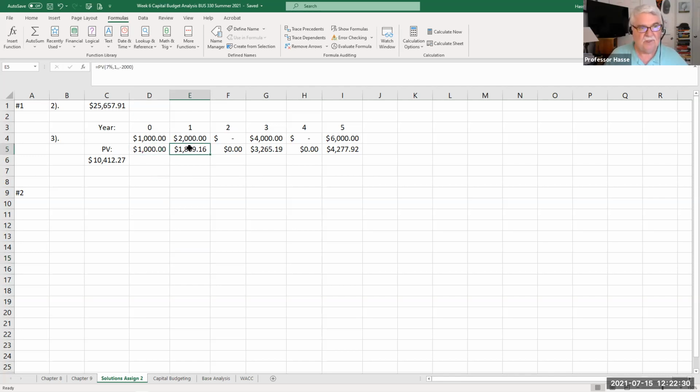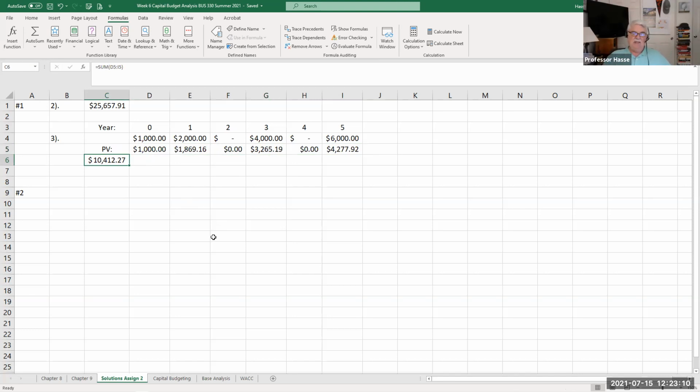If we take the formula present value at 7% for one period at $2,000, $1,869.16, $0 in year 2. If we take $4,000 present value discounted at 7% for 3 periods, $3,265.19. Year 4, nothing. And then in year 5, $6,000 discounted for 5 periods at 7%, $4,277.92. Add all those up, we get the answer, which is letter B,